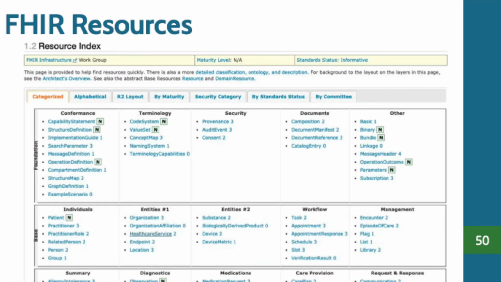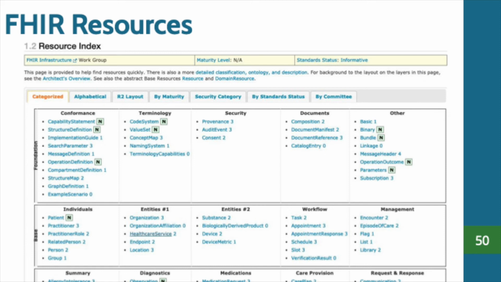One of the major concepts in FHIR is that there are specific types of resources that are used by health data. I invite you to pause this video in a moment and Google and look for FHIR resources. If you search for FHIR resources, you should be able to pull up the page that I am looking at on this slide. FHIR resources are the data packages used to send or receive data in a FHIR compliant data exchange message.